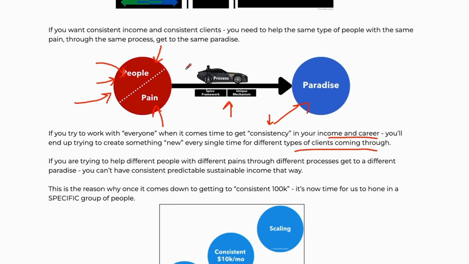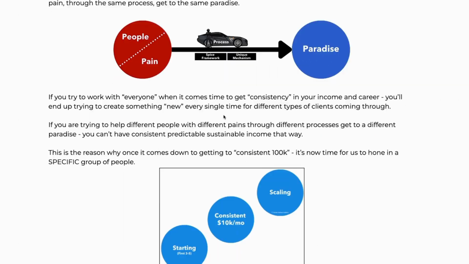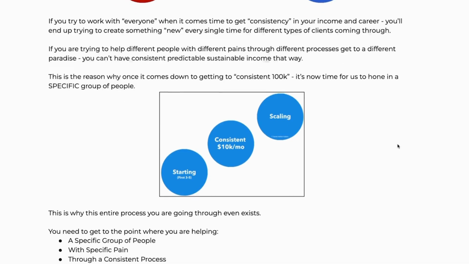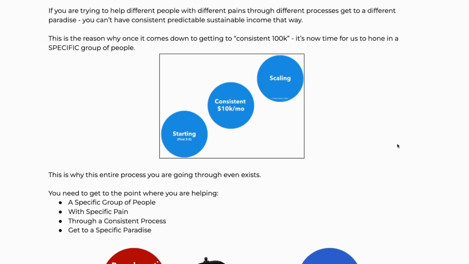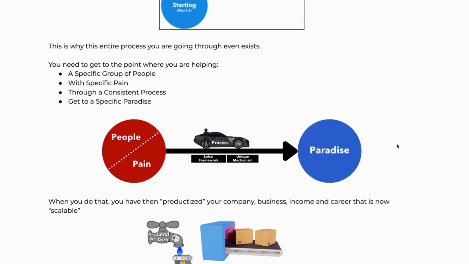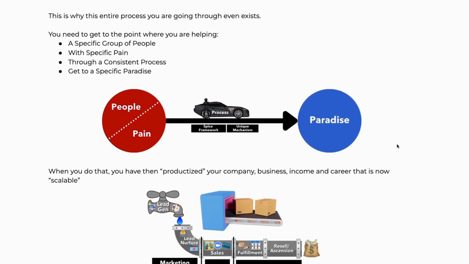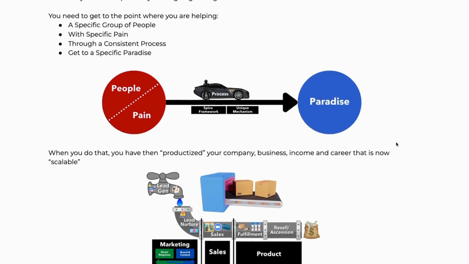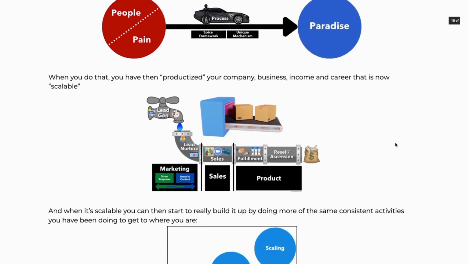And so that's exactly what we're talking about when we say, if you're trying to help different people with different pains through different processes to get a different paradise, then you can't have consistent, predictable, sustainable income that way, right? And so this is the reason why, when it comes to getting consistent 100K years, it's now time to really hone in on a specific group of people that you're going to be able to help. And once you have a specific group of people with a specific pain through a consistent process to a specific paradise, what has happened now is